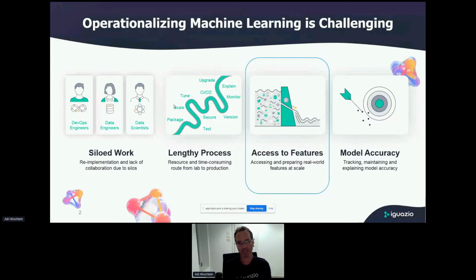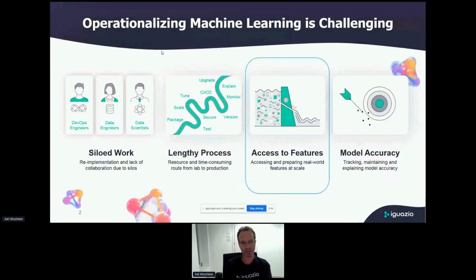the MLOps pipeline and how complicated it is for customers to actually deploy machine learning models all the way in production. So a couple of challenges that we are seeing in the market. First and foremost, when customers are building a machine learning pipeline, obviously there is the data scientist, who is working on building the models, but then they also have the data engineers and the DevOps, and they need to work together in order to actually take the work that the data scientist did and deploy